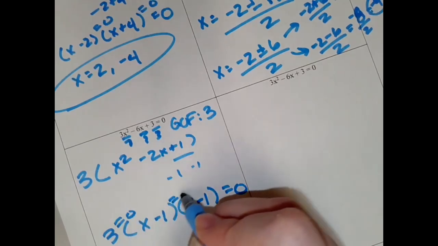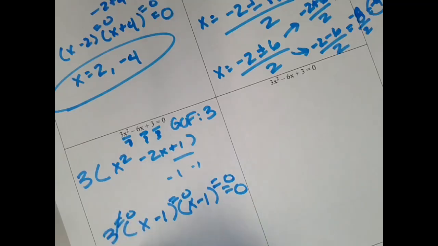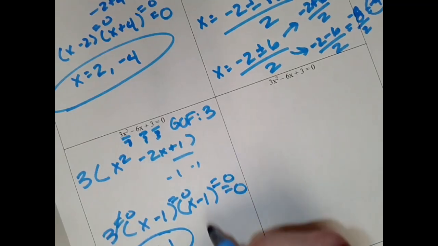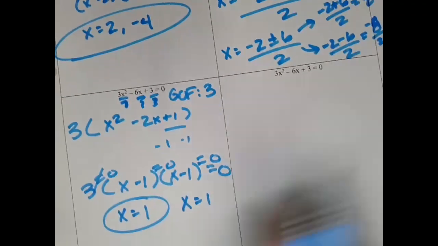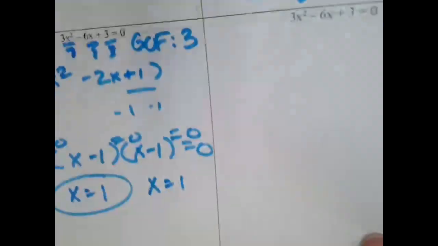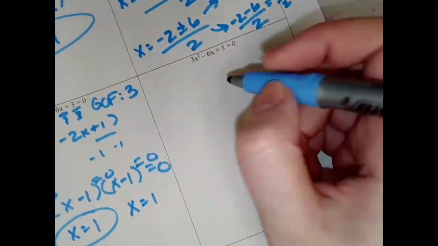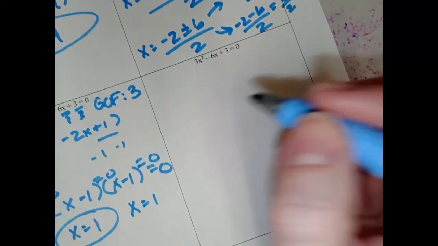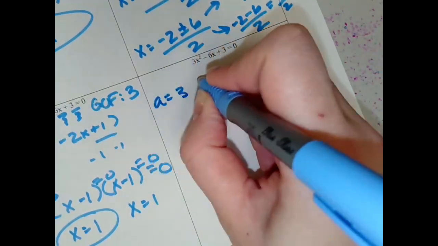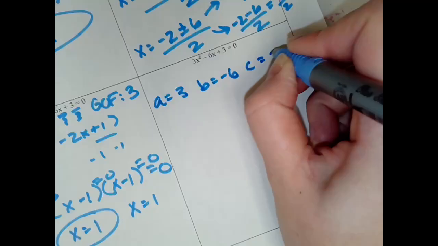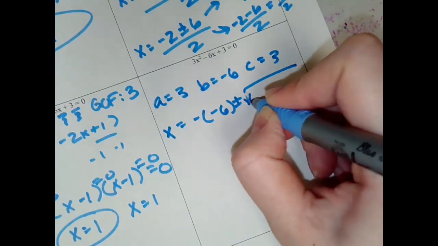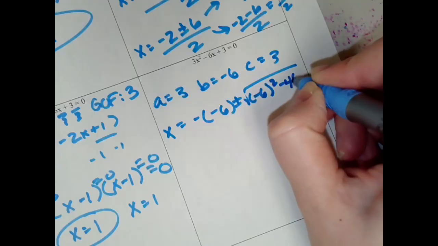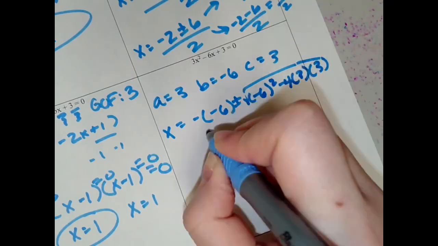Set each part equal to 0. This gives me positive 1. This also gives me positive 1, which is the same number, so you could just list 1 once. This one, just to show you, if you were to do the quadratic formula, a is 3, b is negative 6, c is 3. x equals negative b plus or minus the square root of b squared minus 4ac, all over 2